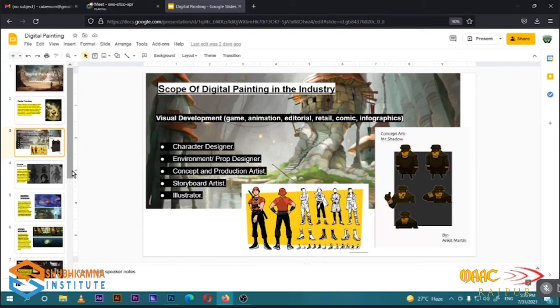Because if you create the whole character, or the 3D model over this particular concept, and you wanted to do any sort of changes, that will cost a lot in terms of production changes. But if we do the pre-production changes, that won't be that much of a cost. So you will find a lot of career scopes in the pre-production section as well.